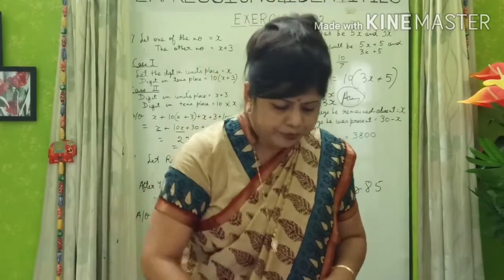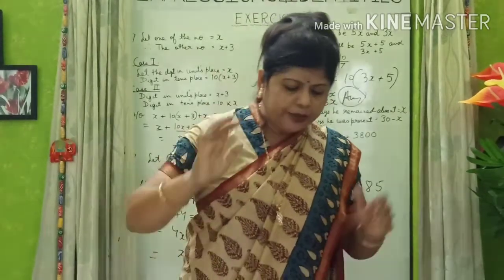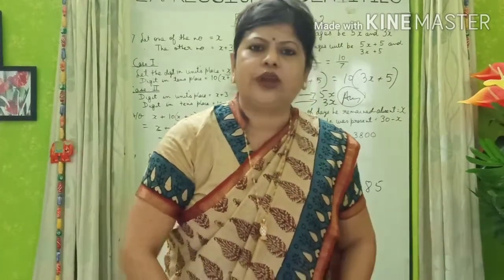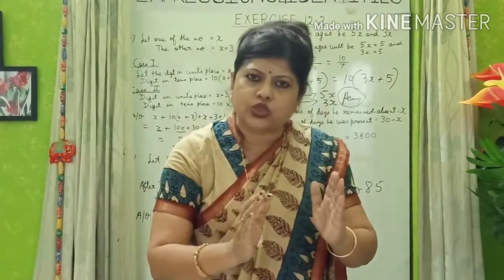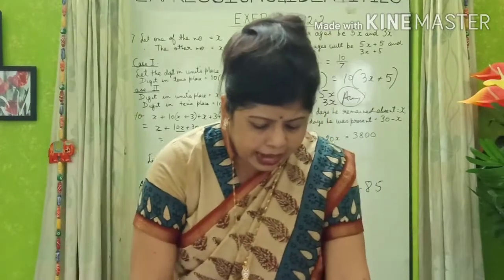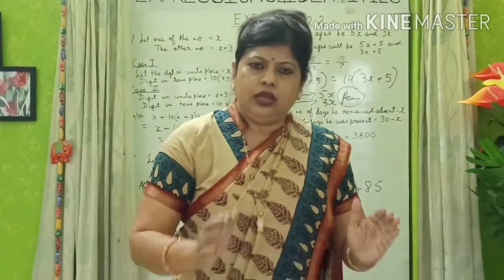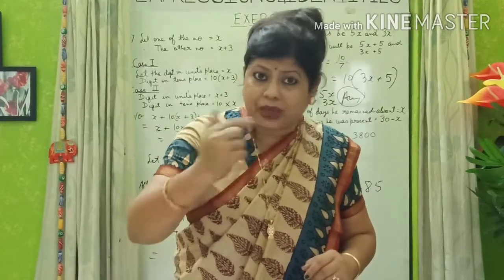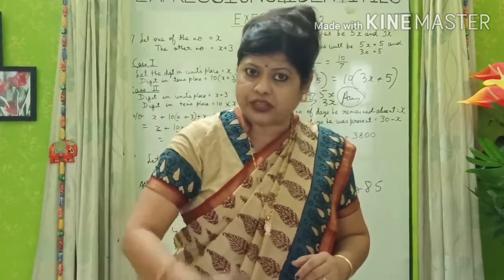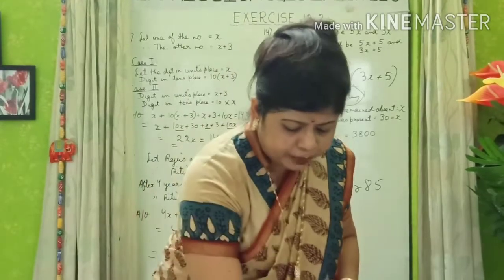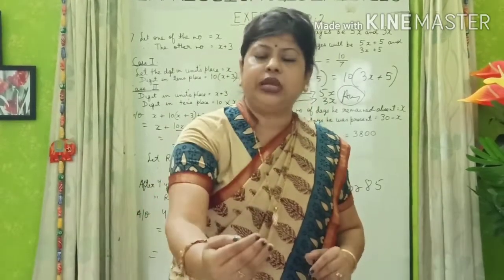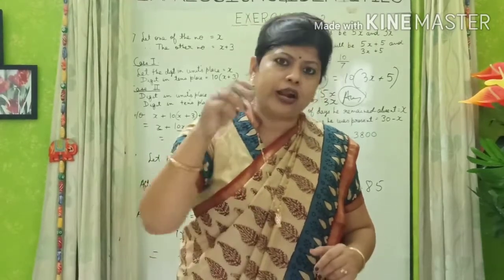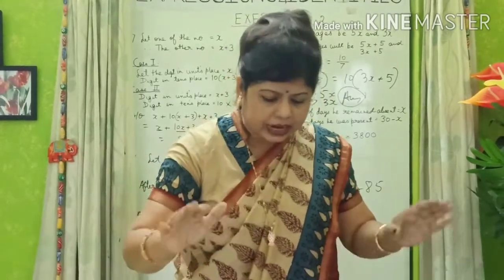You need to understand. Question number 15 says, children, that an employee works in a company on a contract of 30 days. So the employee has to work for 30 days, and the condition is this: for every day he gets 200 rupees. For a present day, a day he comes to the office, he gets 200 rupees. But the day he is absent, 20 rupees is deducted from the salary. Followed? For an absentee day, 20 rupees is deducted.